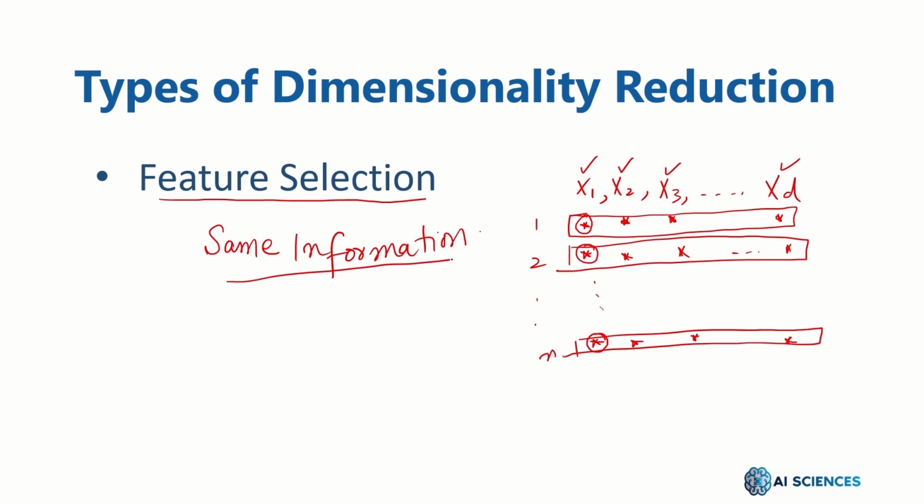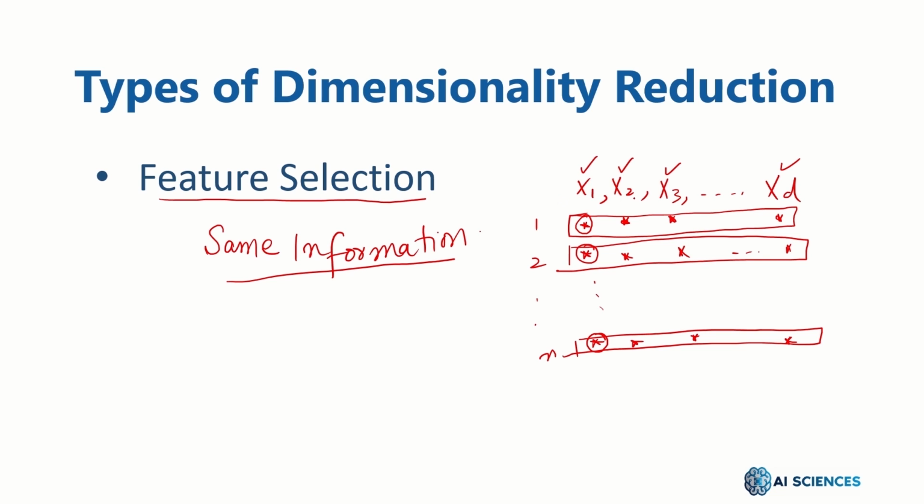So the goal really is to come up with a subset of the features. Maybe we pick x1, maybe x3, maybe x7. And even with those subsets, the information in that subset is roughly the same as the information in the